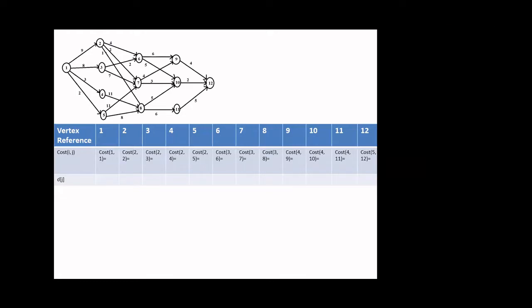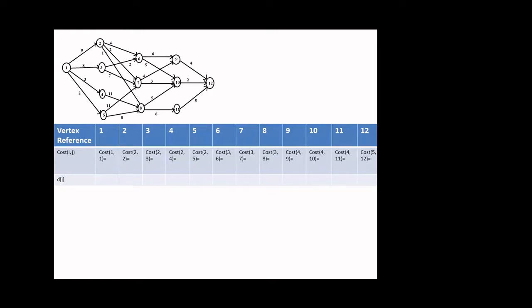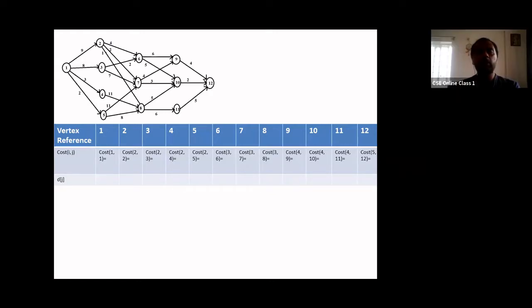And at the last stage we have only one vertex, that is 12. Usually the last vertex value will be 0, meaning the shortest path from sink to sink is generally 0. And its successor, that is the direction after 12, we don't have, so generally we mark it as nil, empty.